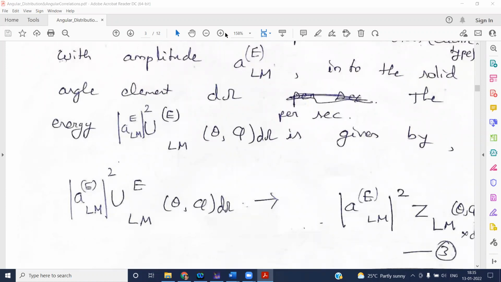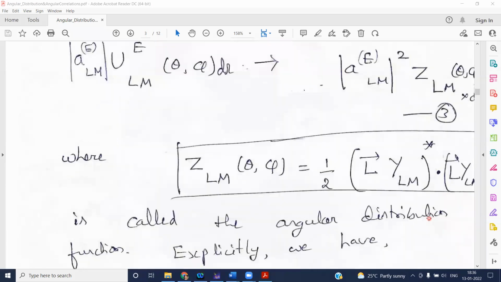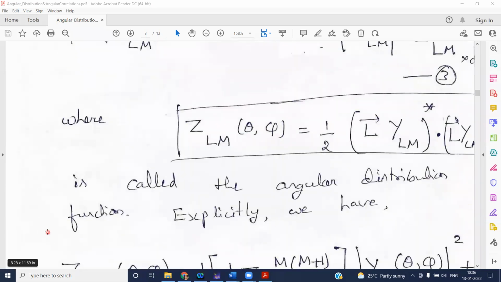So I was talking to you yesterday about how we get what is called angular distribution. That is how to relate anything that I measure in the laboratory to a theoretical expression. So if I measure gamma rays entering a detector, what is the number of gamma rays with some particular energy in a particular angular direction, that is direction theta phi? That is given mathematically by what is called the angular distribution function.